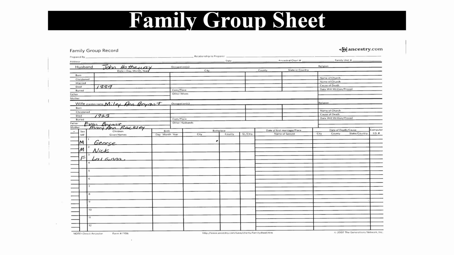This is the next group sheet in my collection. It shows that Miley, who was also the daughter of Evan and Mary Ann, married her sister Theodosia's widower, John Hathaway, and went on to have 3 children with him, George, Nick, and Luann. And because John died in 1889 and Miley lived until 1923. Millie or Miley, depending on which spelling you see or how you pronounce it. She lived until 1923. And actually, there should be a third sheet because after John died, Miley remarried and had